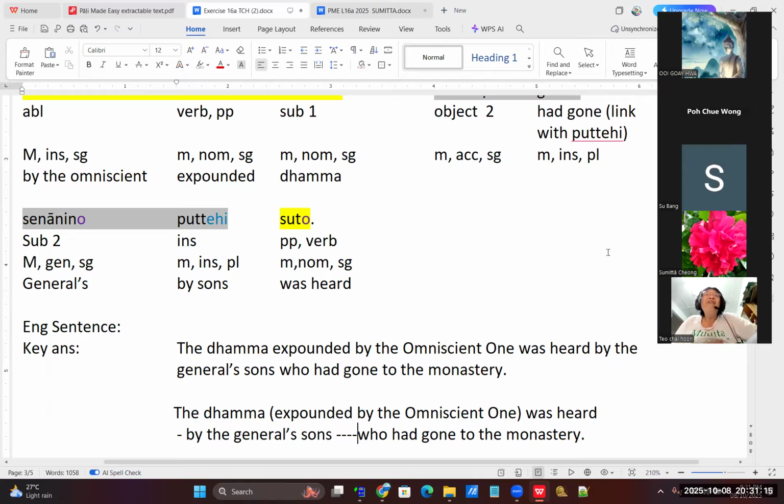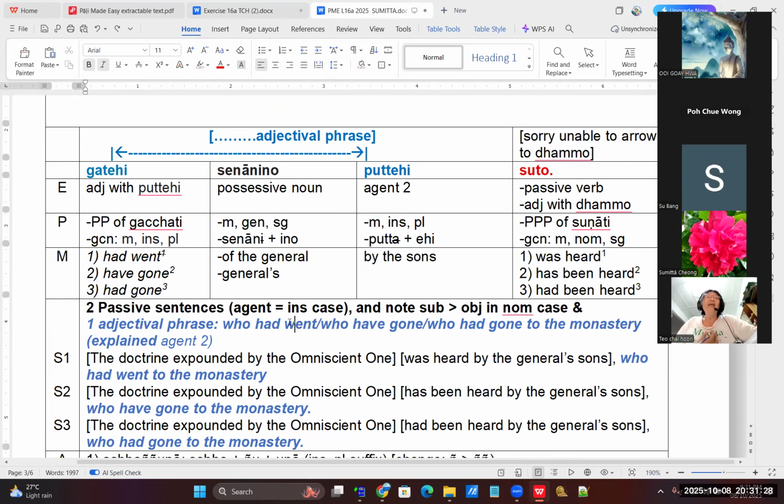Saji, sorry. I look at Sumita's word, right? Senanino means senani plus ino. Sabanyuna means sabanyu plus una. Is it correct? Senani, because senani is a long I. Correct. So senani has a long I, but this is singular. So you have to change I to break it: senanino, because it's a long I.